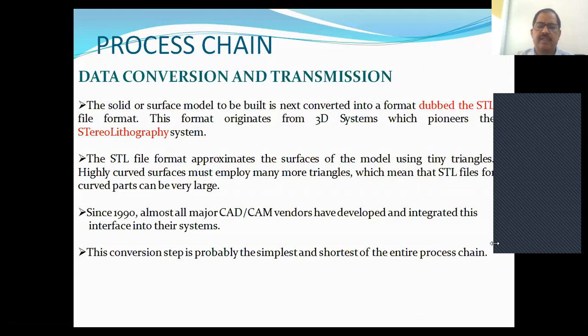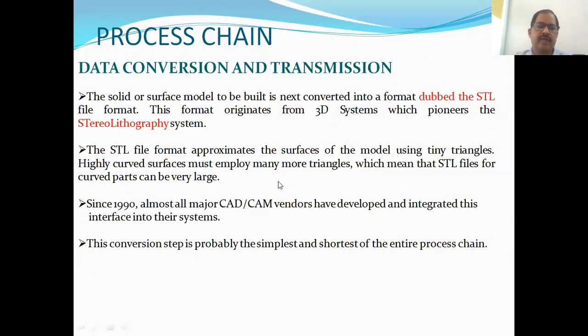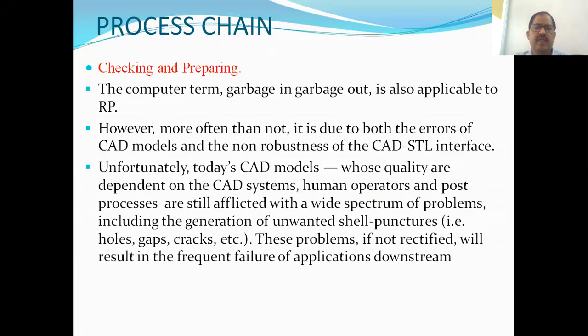These are the triangles we are now discussing. Now you see the conversion. We are converting into an STL file.